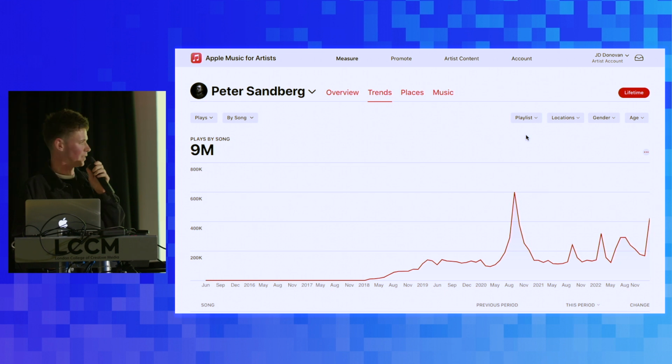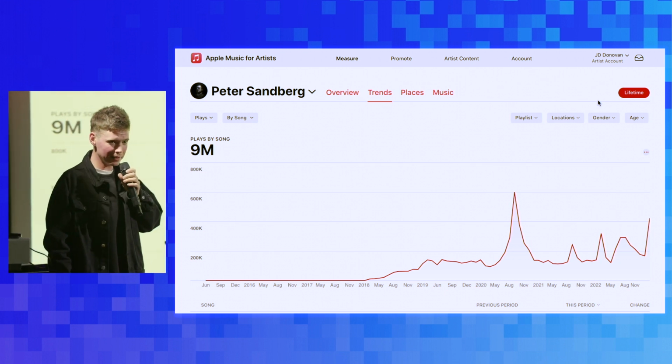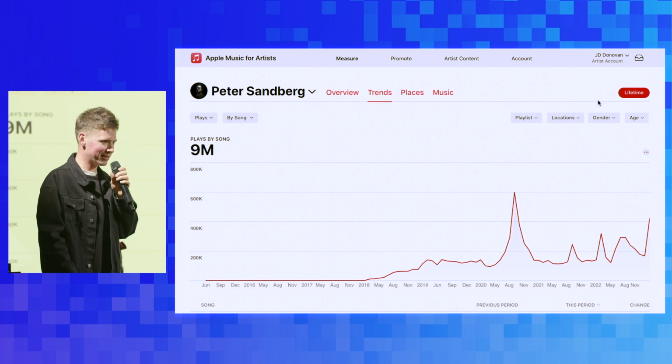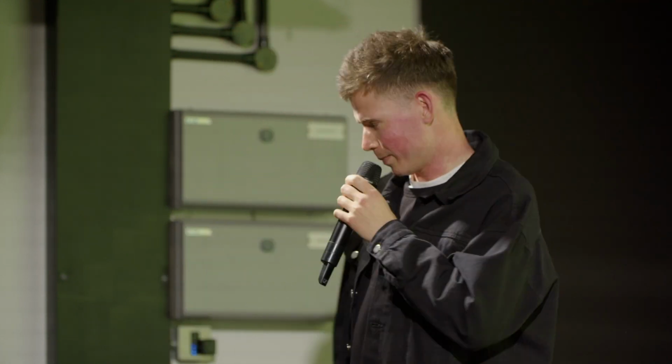What happened in August? Actually, Peter's music was featured in Stranger Things. He was in the climactic scene of Stranger Things. Why do we have so many Shazam hits? Because people are like, oh my God, what's this beautiful piano music in the back of this? Shazam. Not quite like the guy from the film, but close enough. There we go. So we know where that spike is at.